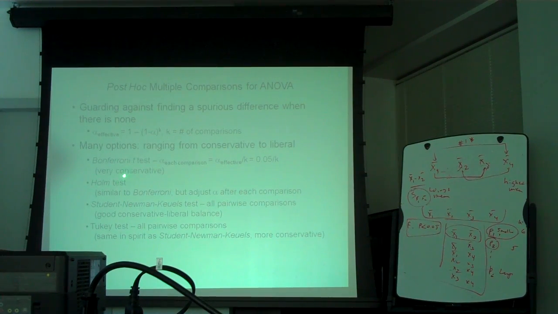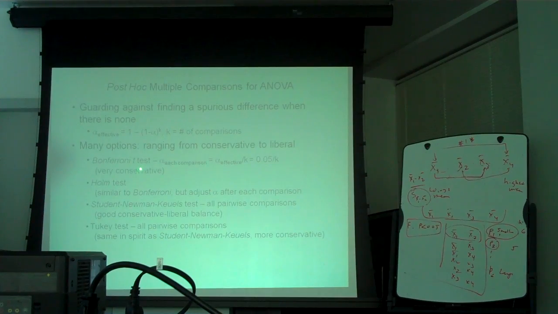So in the pecking order, this Bonferroni is the most conservative. This will probably come next, then this one and this one. But I really don't want to put an absolute like this because